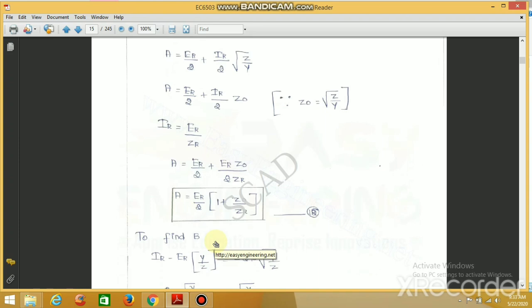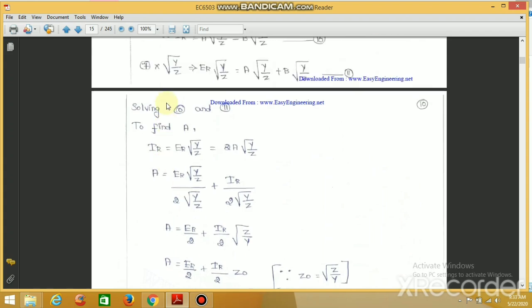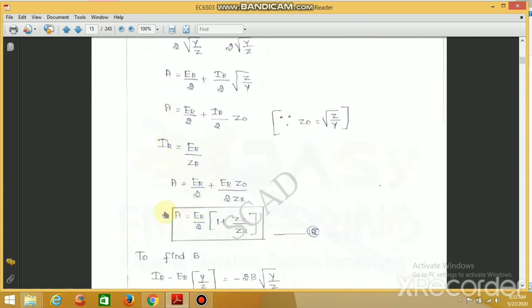From the exam point of view, you can write by solving 10 and 11, and you can straightaway come to this particular answer. You need not write all these equations because it is time consuming and page consuming. Since this question will be asked for 13 or 15 marks, you cannot write the whole thing. It may take up to some 10 pages, so it's not possible for you to write it all. So you can simplify this particular solution, skip the derivations,